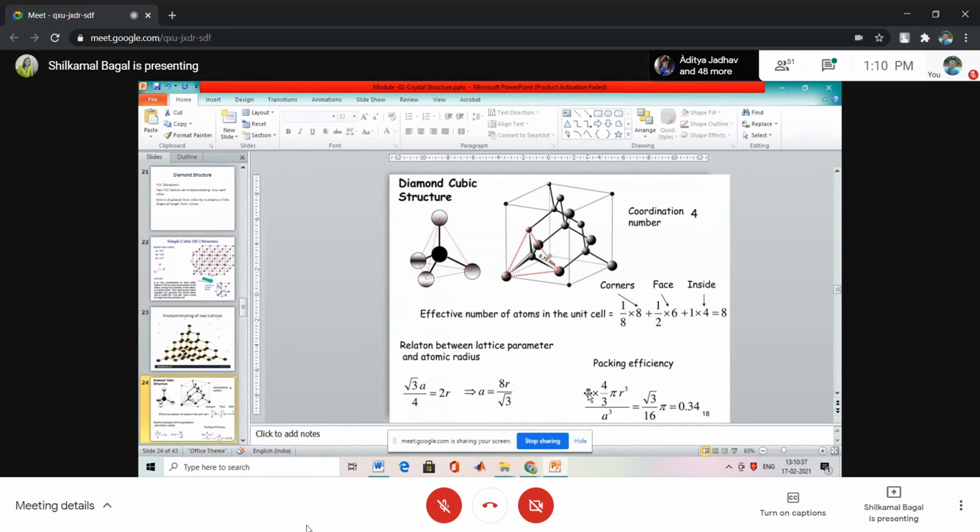If we know the type of structure, then we come to know the number of atoms. If it is SC structure, the number of atoms will be 1. If it is BCC structure, the number of atoms will be 2. If it is FCC, then the number of atoms will be 4. So according to that, the volume of the atoms will change, and the packing efficiency will decrease or increase depending upon the number of atoms per unit cell. And why are the numbers of atoms per unit cell different? That is due to the different arrangement of the atoms in the respective crystal structure.